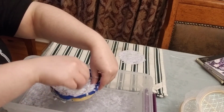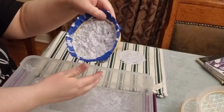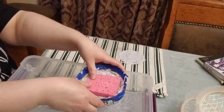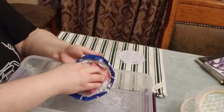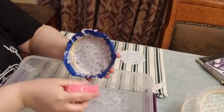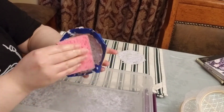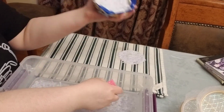Pick the little extras off the side. Try not to put it too much to the side when you're letting it drain, because the slurry will move and then you'll have kind of an unbalanced piece of paper. But I'm doing this so you guys can see it on the camera. So we're going to get it as dry as possible from this direction. And there we go. All right, there we go. So now we're going to flip it over